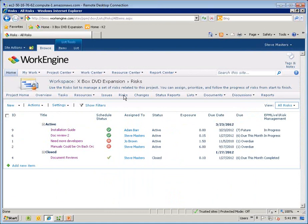We also want to demonstrate how it can actually help with the collaboration process and help organizations and teams proactively mitigate important risks, which, as I was talking about earlier, was one of the key areas of concern for a lot of the customers that we work with on a day-by-day basis. So we're going to go ahead and create a new risk here, and we're going to call this risk